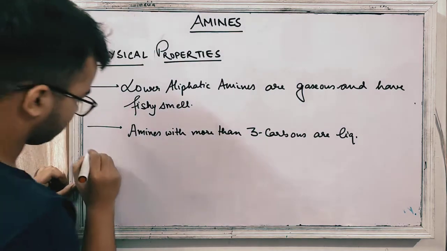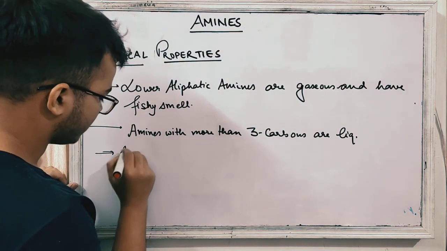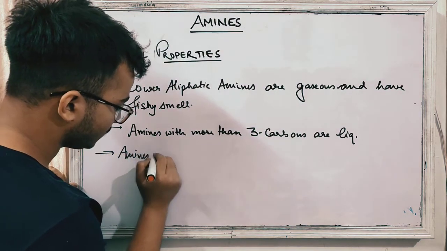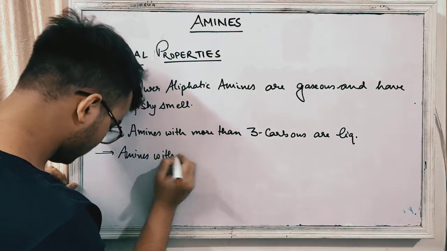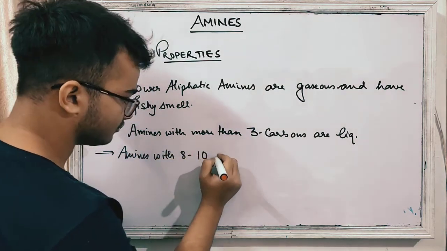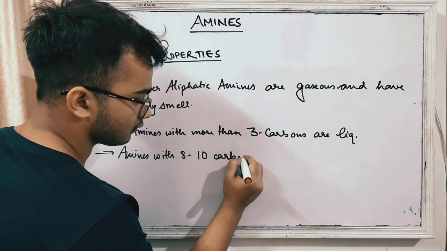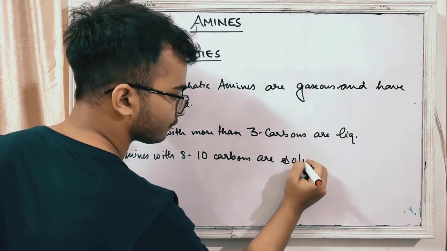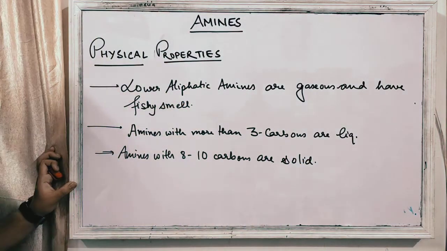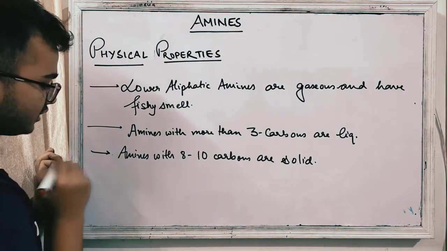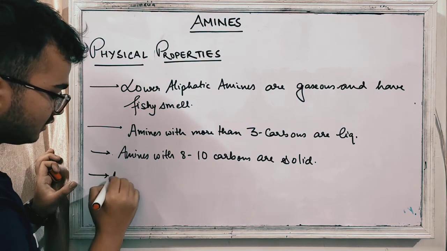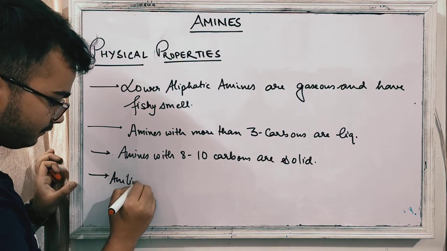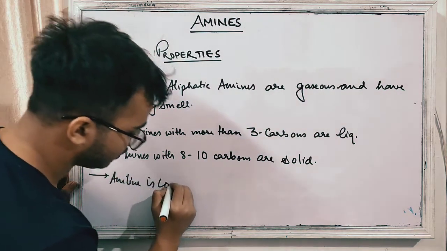And amines with 8 to 10 carbons are solids. Okay. Now here if you want to add an important point, you can write that aniline is colorless